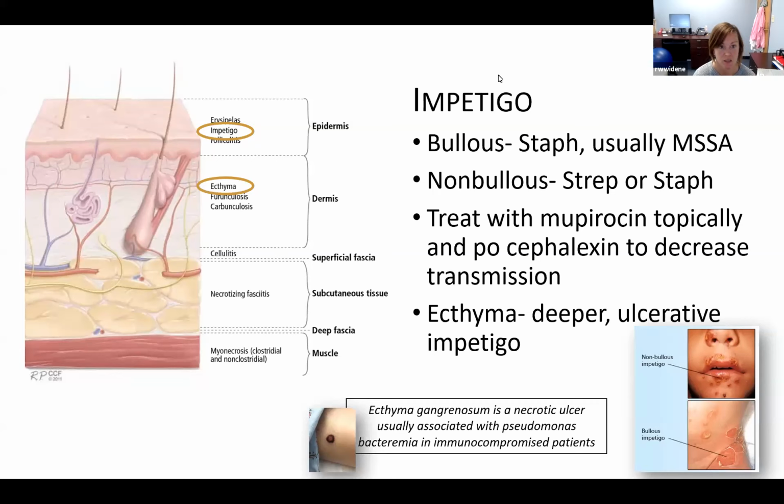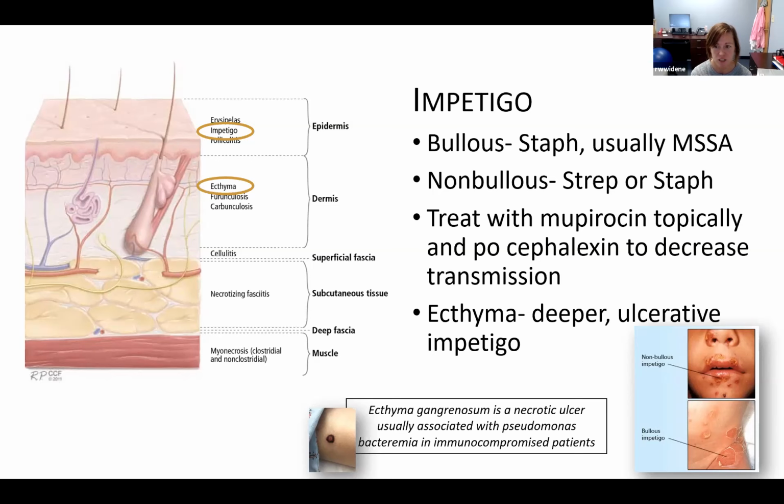For bullous impetigo, that's usually going to be staph. That's your toxin doing that bullous and it's going to rupture. And see down in that corner, it's going to rupture and leave that nice ruptured bulla. Like I said, usually staph. The IDSA guidelines actually say that most of the time it's going to be MSSA, and that comes in handy with your antibiotic choice. Non-bullous impetigo, so what we usually see in these kids on their face with that honey-crusted lesion,